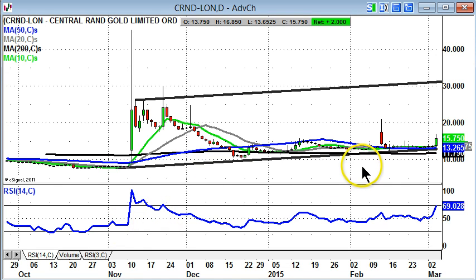5th of March. Starting off with Central Rand, where we see that there's been decent reaction from the 50-day moving average at 13.26 pence, the blue line here, and all of this within a rising trend channel from November. The rally here started with an unfilled gap to the upside through the 50-day moving average, and that's still in place. So the message at the moment really is that while we hold the 50-day line, there should be decent